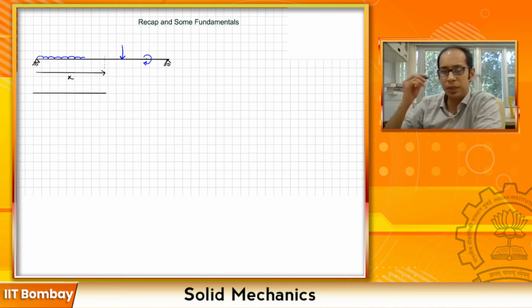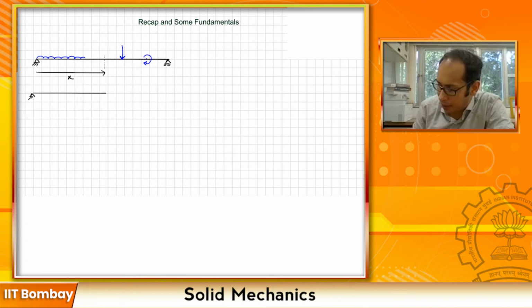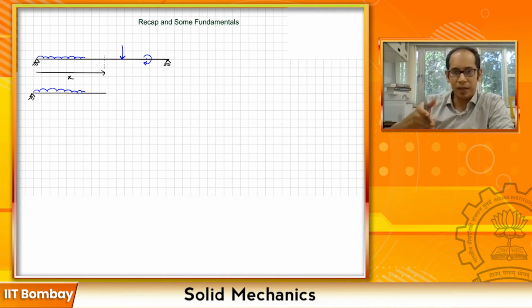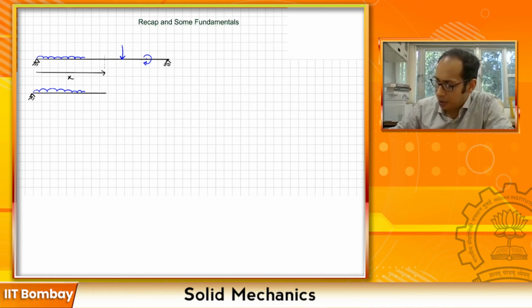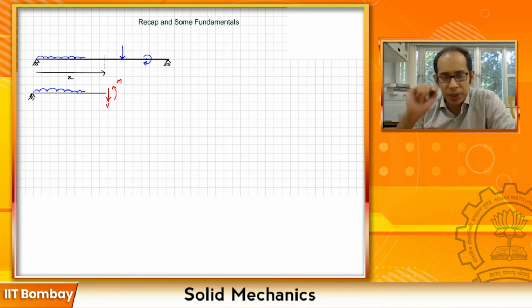If I'm considering only the left hand part of the beam, I will have the pin, the uniformly distributed load, and where I have cut this particular section, I am going to have a shear force V and a bending moment M. Remember that this direction of the shear force and the bending moment which I just drew is the convention for the positive shear and the positive bending. Why? Because the V tries to rotate your beam in a clockwise manner, and your bending moment M tries to bend your beam into a trough. It causes a sagging kind of movement.